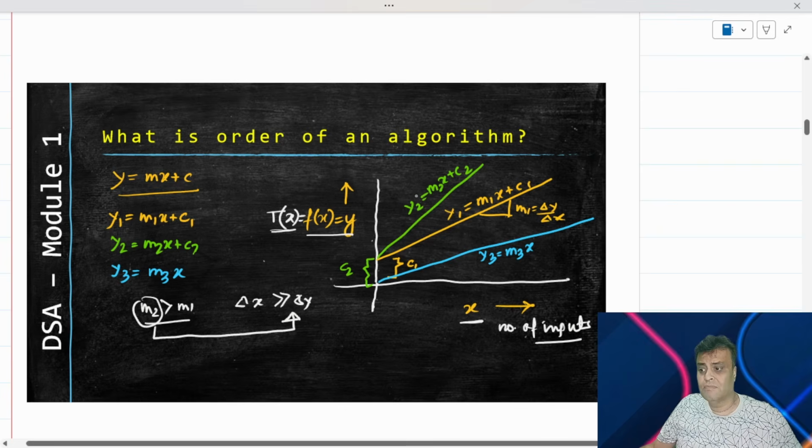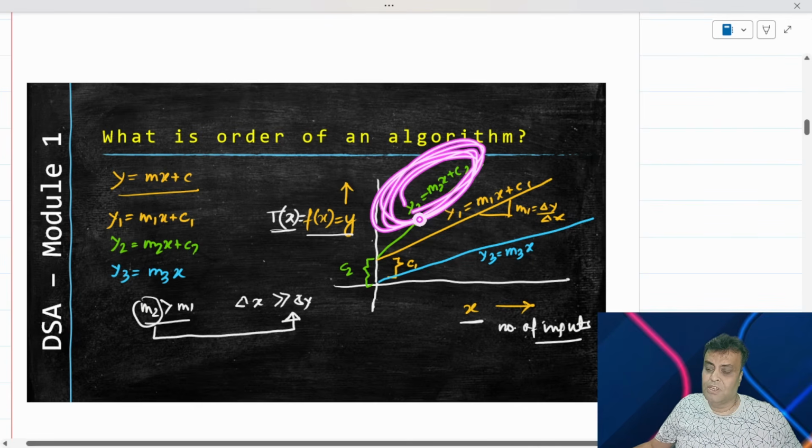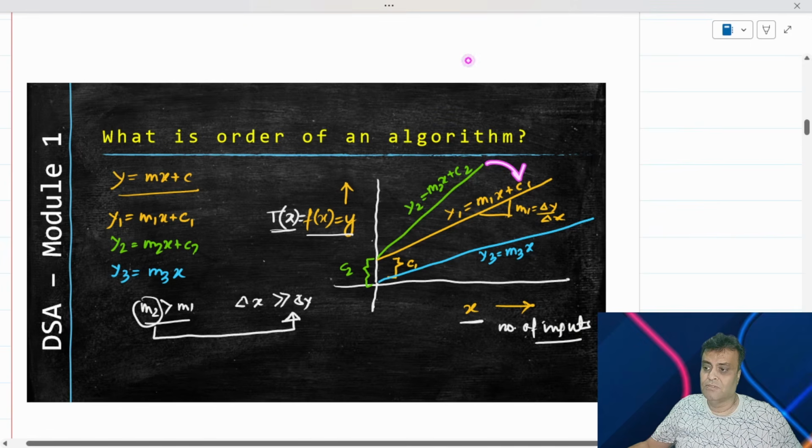Can I say that? Of course I can, because for a small increase of the number of items, the machine takes a relatively larger amount of time as compared to this. This may not be running on a proper machine, it takes more time. So if I switch the machine for this graph into a better machine, will this graph not become similar to this graph?